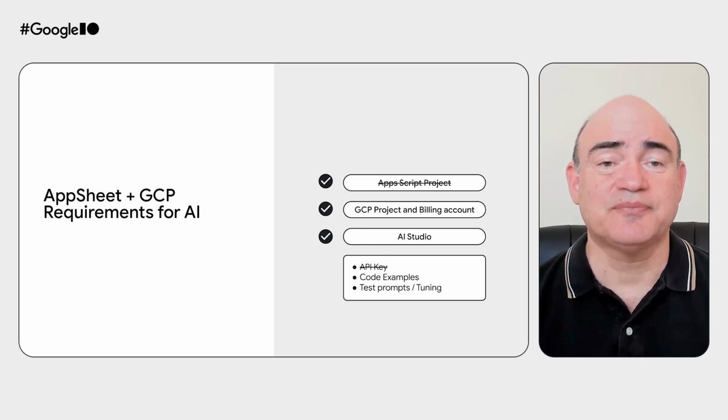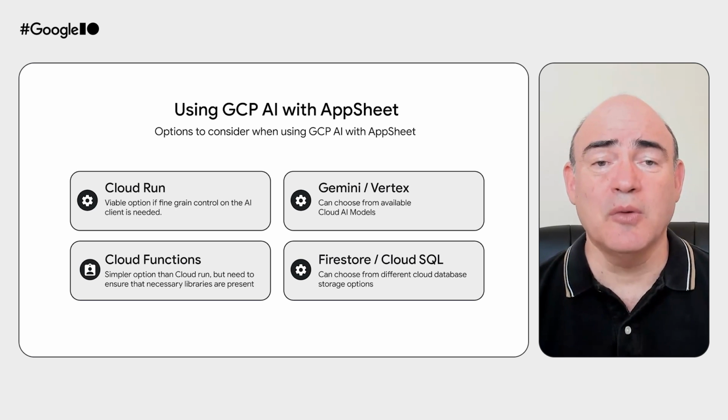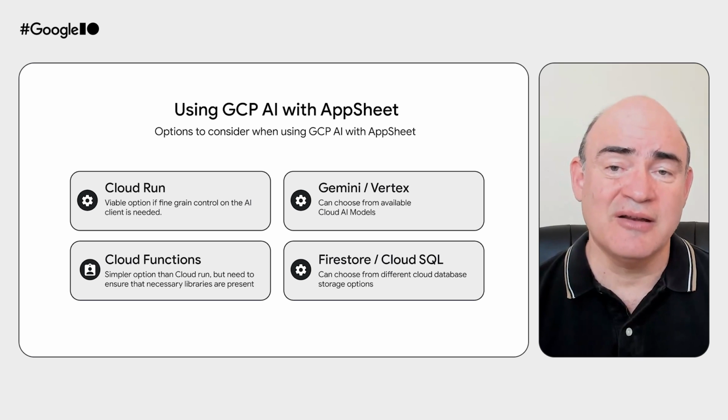and it provides an even more robust set of tools for AI experimentation and code generation. By bringing the full Google Cloud Platform into the architecture, a broad set of Google Cloud technologies can be employed. So for example, you may want to take the code that you generate and run that in Cloud Run or run that as a cloud function. You also have different data options. For example, if you want to store data into a Firestore database or Cloud SQL, you can do all of that. So bottom line is you have a lot of different options,